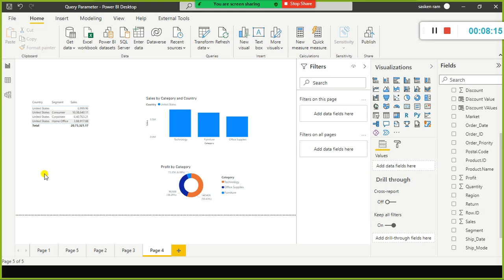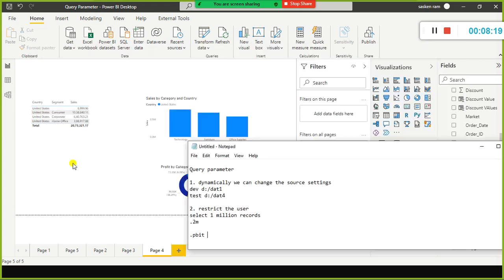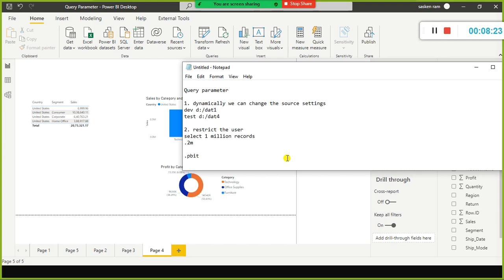So I told you that we export the PBIX file as a PBIT file, isn't it? We export the PBIX file as a PBIT file to share it with the other users. Let's say I am the senior Power BI developer, or the Power BI architect. What I do is I develop the reports, and then I share this report file with my other junior developers or other users in my company.